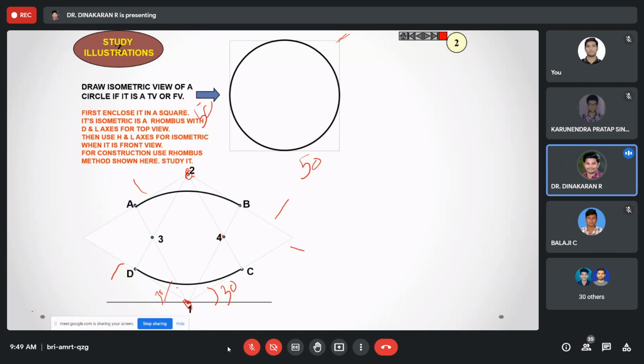Same radius. So 1 to A or 1 to B, either, anyone you take, but 1 is the center, A is the radius or B is the radius, draw an arc from A to B, and 2 is the center and the opposite, D or C, you need to choose and draw an arc. Then after that, why did we mark 3 and 4? 3 is the center, A is radius, draw an arc up to the opposite one, or 4 is the center point, C is radius, draw an arc to the opposite, also 3 is the center point, draw an arc. Now we got the circle. Any doubt on this? No, sir. Very easy method if you understand me.